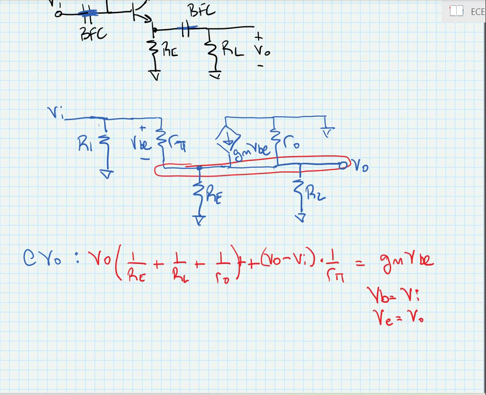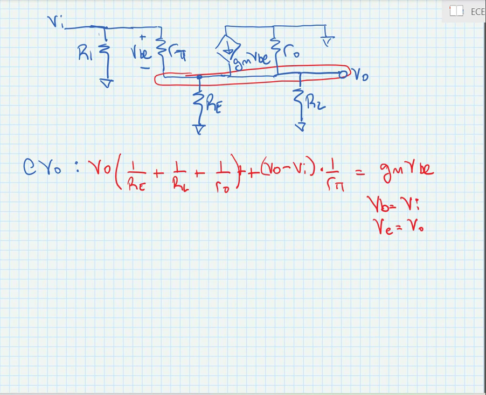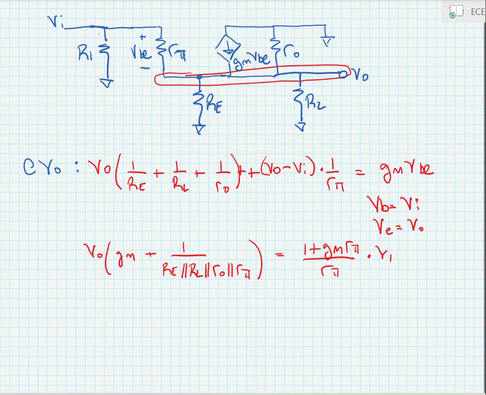Now again, we're going to go through a bit of algebra here. And in the end, we solve for V out over V in, the voltage gain,